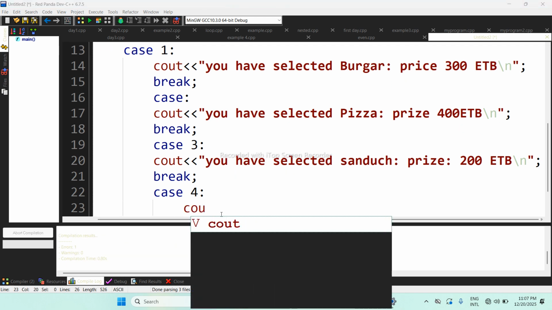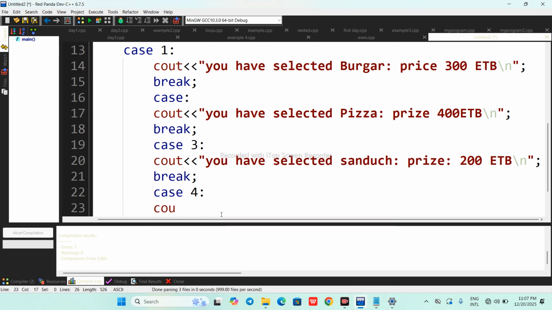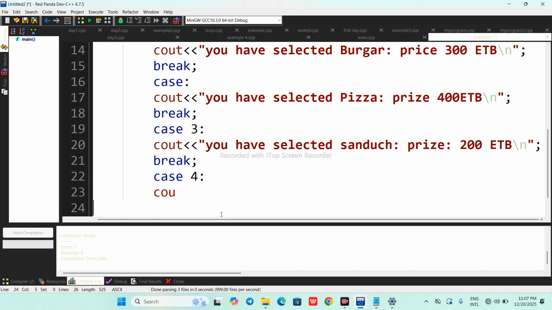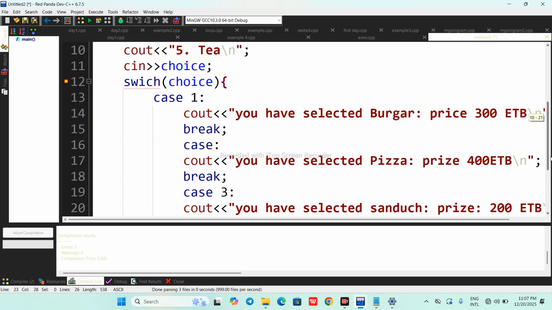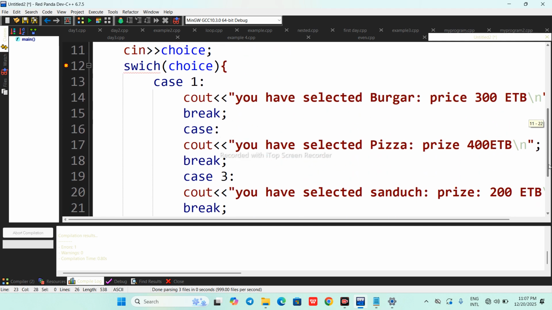So cout, where the case is the value of choice. If the user chooses 4, the value will be coffee. I mean, choice is the value of this menu.